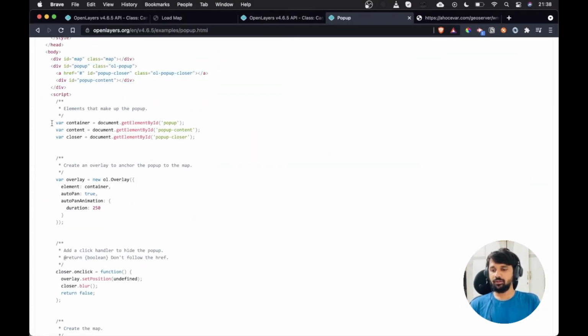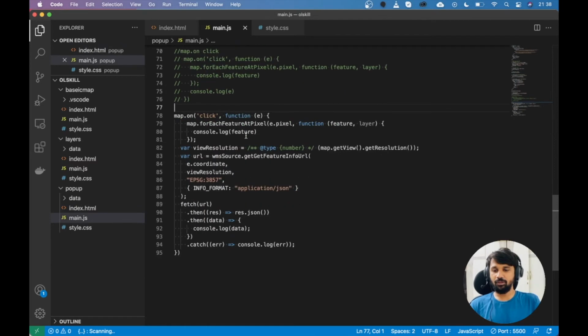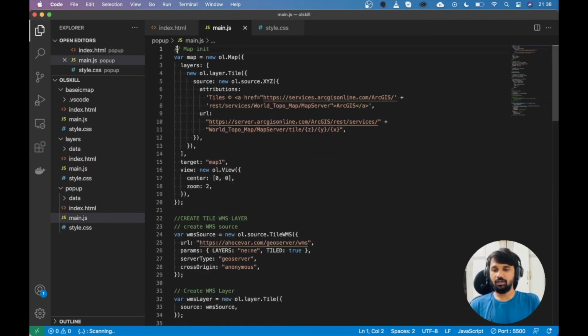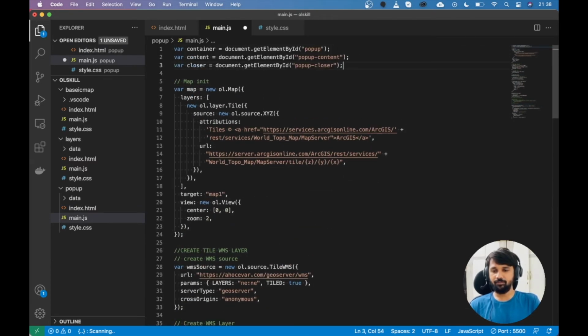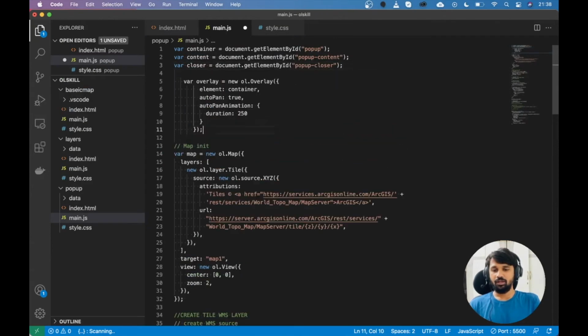Now in the script, we will first get all of these elements in variables so that we can refer to them whenever we want. So I will create them at the very beginning, and then the overlay is created. Overlay basically represents a div which will overlay on the map. I will simply copy this and explain everything that we have in the overlay. The first is the element.